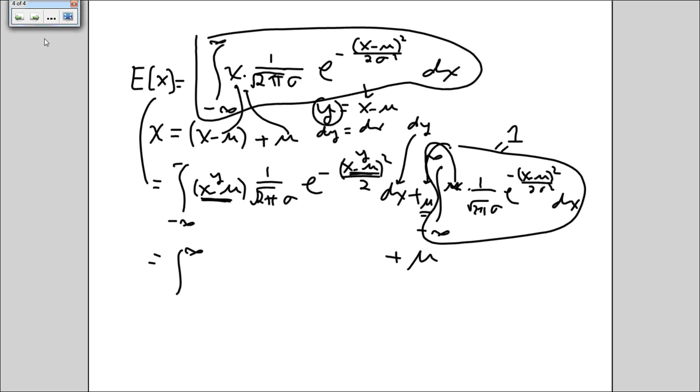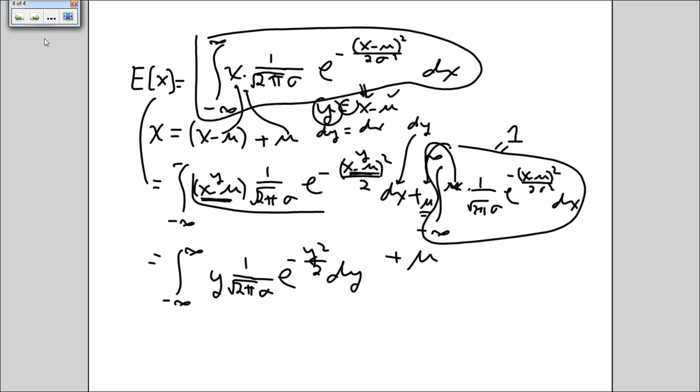If x is negative infinity and you take away mu, you're still negative infinity. So we have y, just recopying this, except instead of x minus mu, I write y: 1 over the square root of 2 pi times sigma, e to the negative y squared over 2, dy, plus